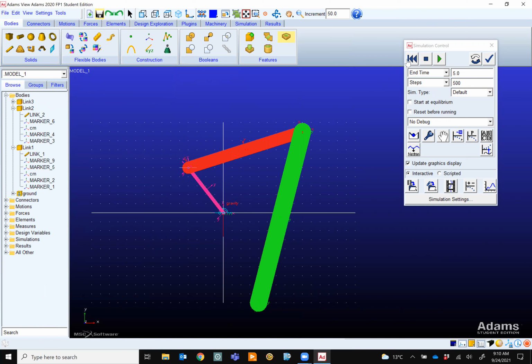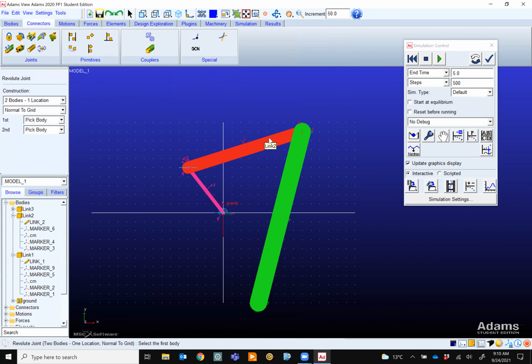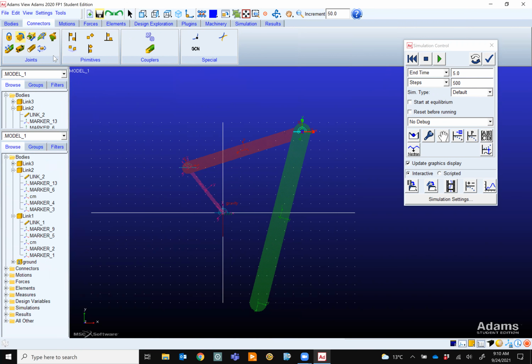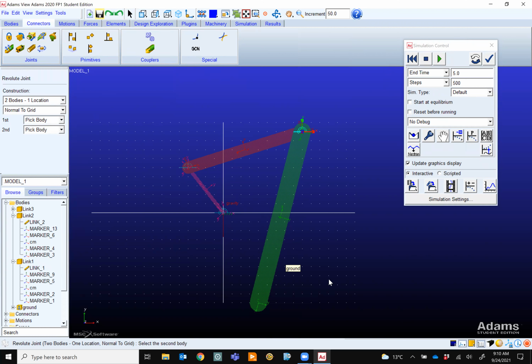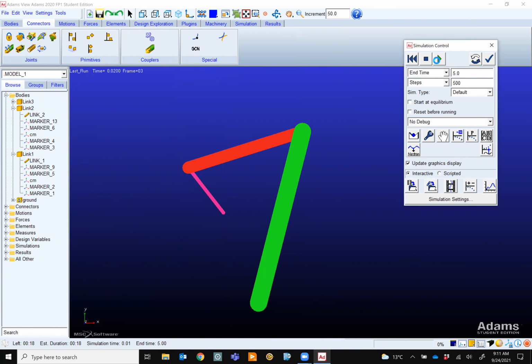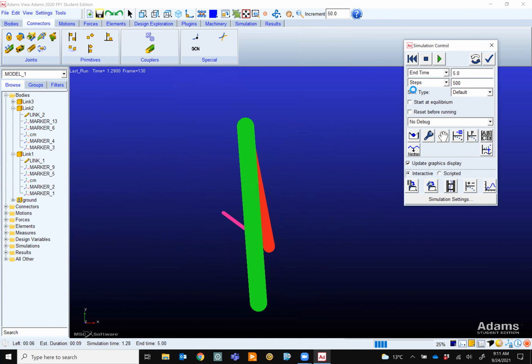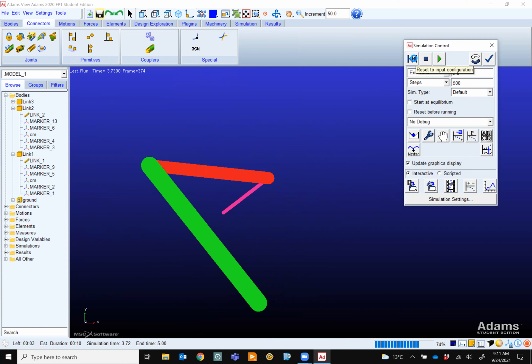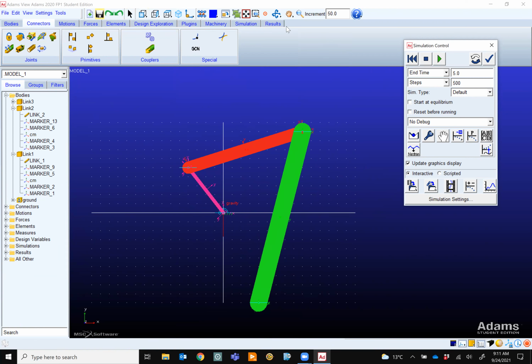Okay. So, and then let's connect this link to link 3 at this point, and this link 3 to the ground at this point, right? Now we have a 4-link mechanism. Let's see what will happen if you run them. Whoa, that is a crazy thing, right? But let's say this is not what we meant to build, because this is all moving because of gravity. Let's say I like to attach a motor here, so these things rotate.